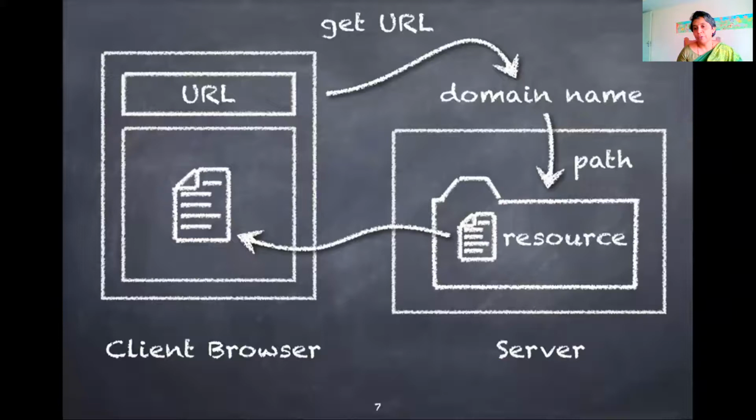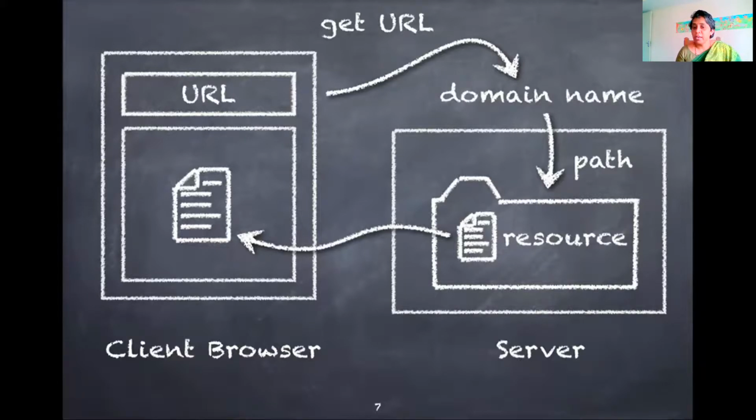Now URL is Uniform Resource Locator. And there is something called the domain name. Domain names you all know: .com, .in, or .org, Amazon.com. This is very simple. We can remember it and we can type it in the browser. But a URL consists of some numbers, and it's not possible for everybody to remember the numbers. So we type the domain name, and through the domain name, the URL will be located.